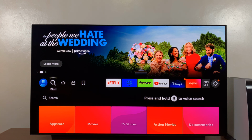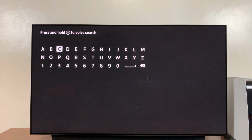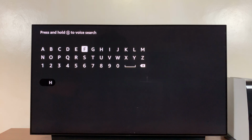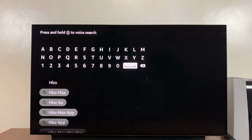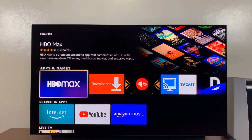With that function highlighted, scroll down and click on the search bar and then simply type HBO. And as you type, you're actually going to see some suggestions at the bottom there. So simply go ahead and go to HBO Max, select that, and you should find HBO Max in the results. Select that one,